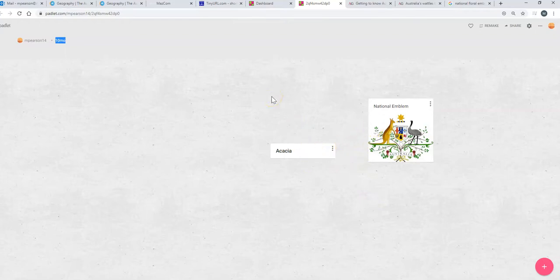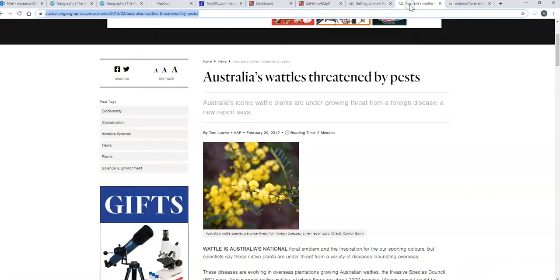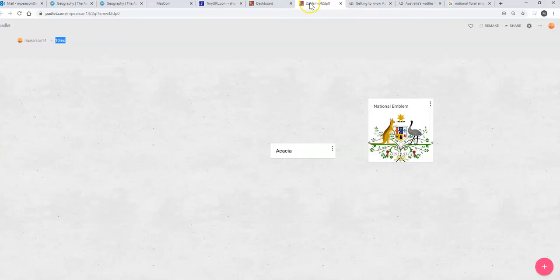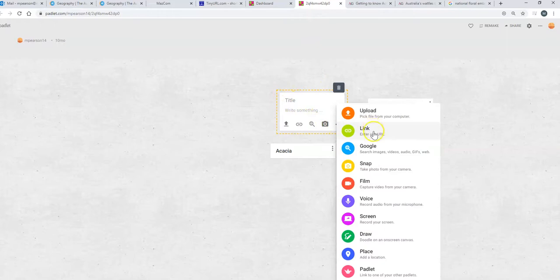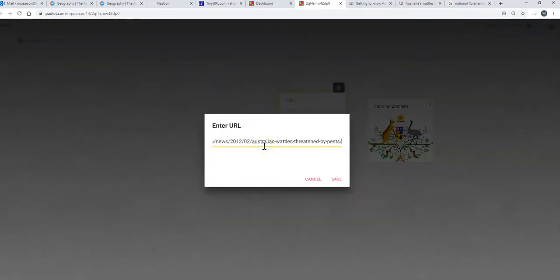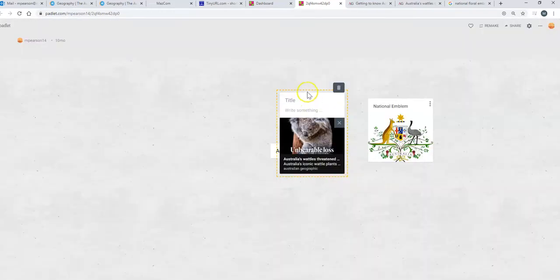So some of the more advanced students might find an article on, I think I've got one here, Australia's wattles threatened by pests. So they'd then copy that there, go back to their Padlet, double click, go to the link with the URL, paste it in there, save. Okay, fantastic. And they might want to write a few summary points. So pests threatening